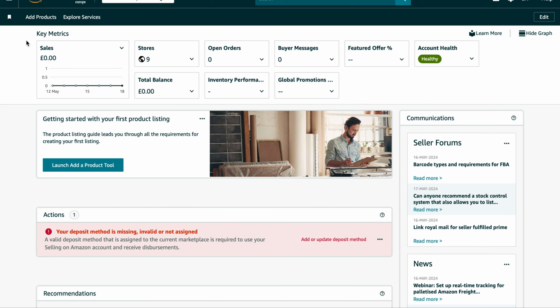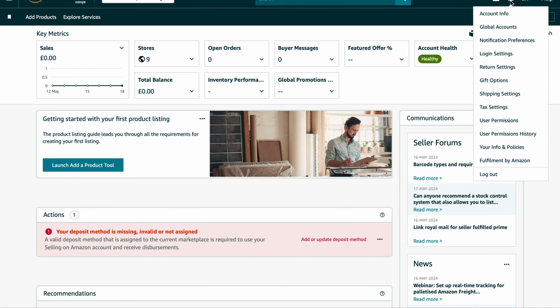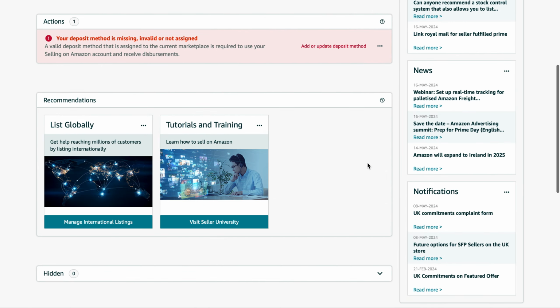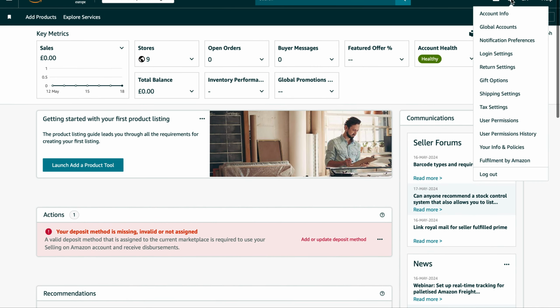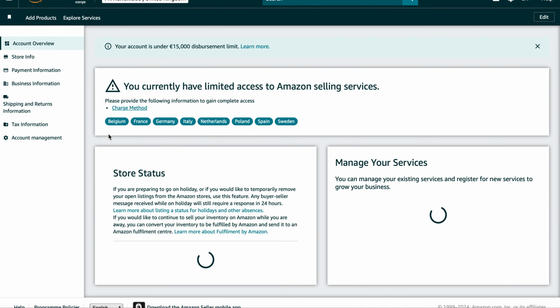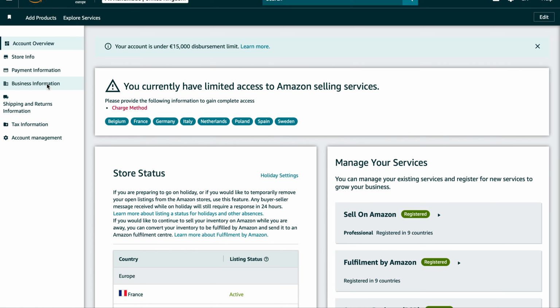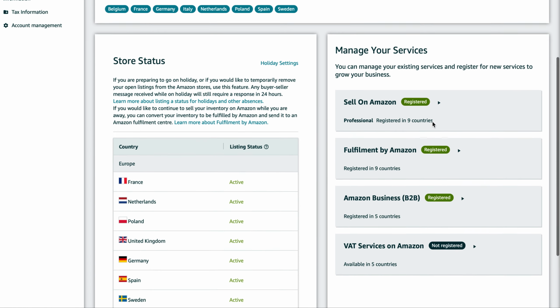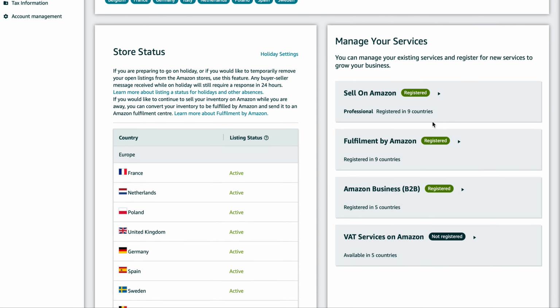Number one, you have to log in to your Amazon seller account. I have a brand new fresh account, as you can see, and I'm going to click on Settings, Your Account Info, and this type of window will be shown up here. Okay, you can see your account information page is open, and on the right side you have to click